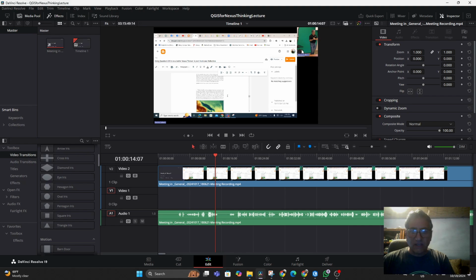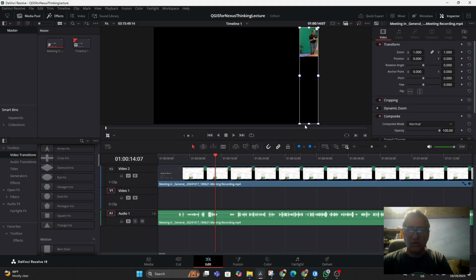Now, usually in something like Camtasia, it would be very straightforward. You just come up here and you can pick your cropping tool. I don't see a cropping tool in here. It might be here, transform, crop. Okay, there it is. So let's crop this down to